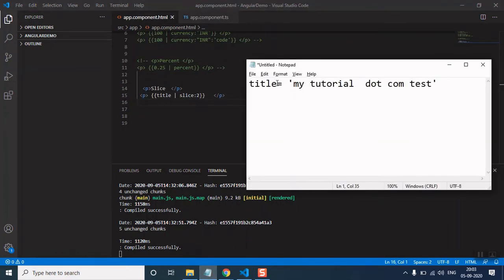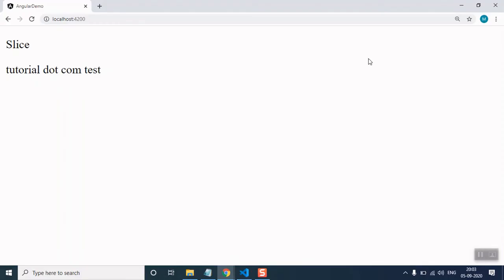As of now, you can see here that in the title I have mytutorial.com. What this parameter does is start from index 2. If you see index 0 and 1, it will start from a space, then tutorial. So save the changes. We are not able to see "my"; we are able to see only tutorial.com.